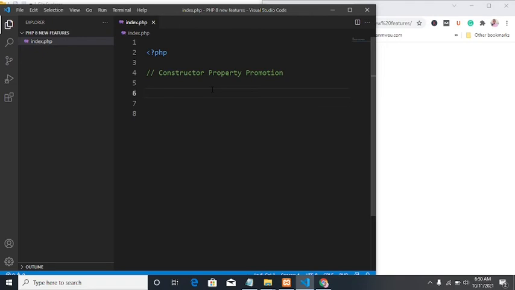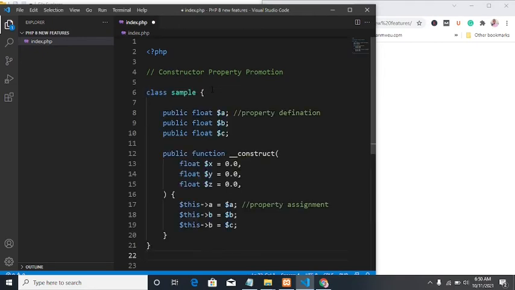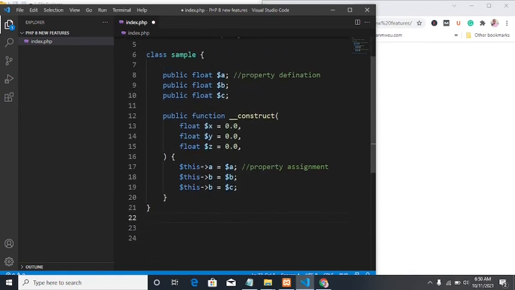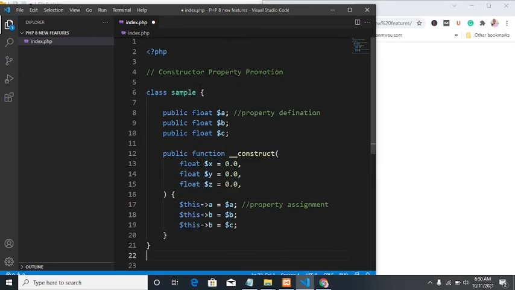Now with constructor property promotion, what happens here? Let's take for example the following code. Now let's look at this particular code. This code has several things. It has a property definition, it also has a property assignment, and then the constructor. So what happens within constructor property promotion? It's a new concept introduced in PHP 8, is that you can promote this particular